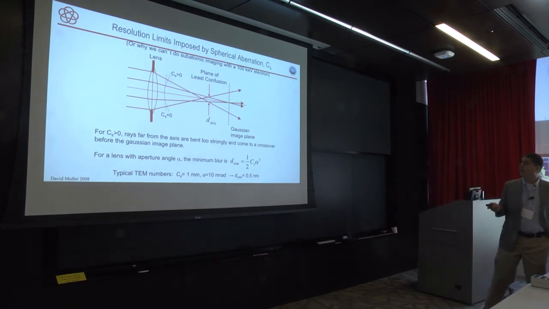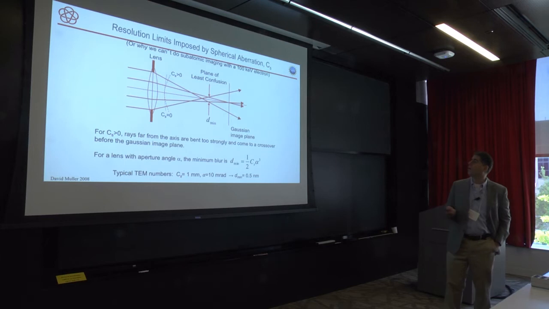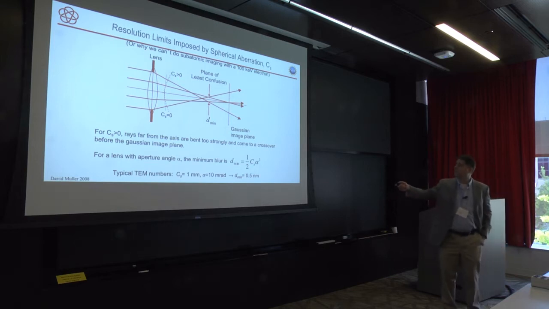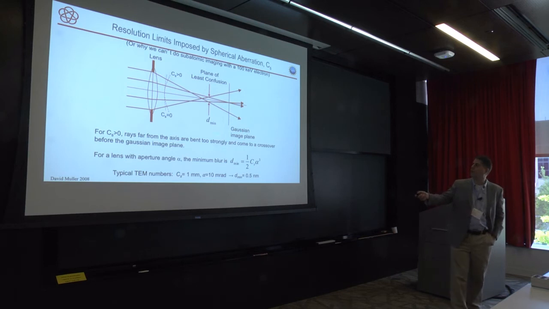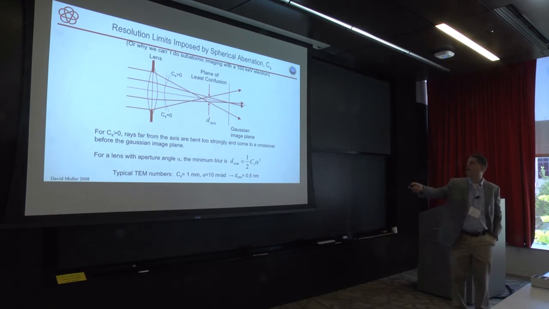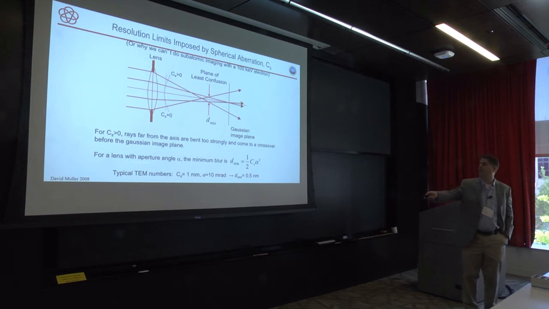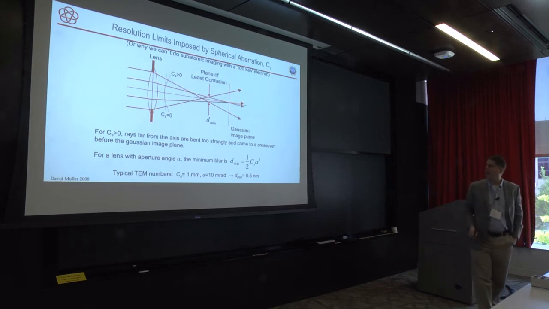We have horrible aberrations of the lens, and the two aberrations that we worry about in the beginning are spherical aberration, which is that the curvature of the lens is just wrong, and in fact it causes all the rays to bend too strongly, so that rays that are coming from far off the optic axis are bent to a crossover at a much earlier distance than the rays that are close to the optic axis. And for a lens to focus, all the rays have to come to focus at the same point. That means if I have too big an aperture in my lens, the beam has a little blurry disc over there. And the minimum blur here